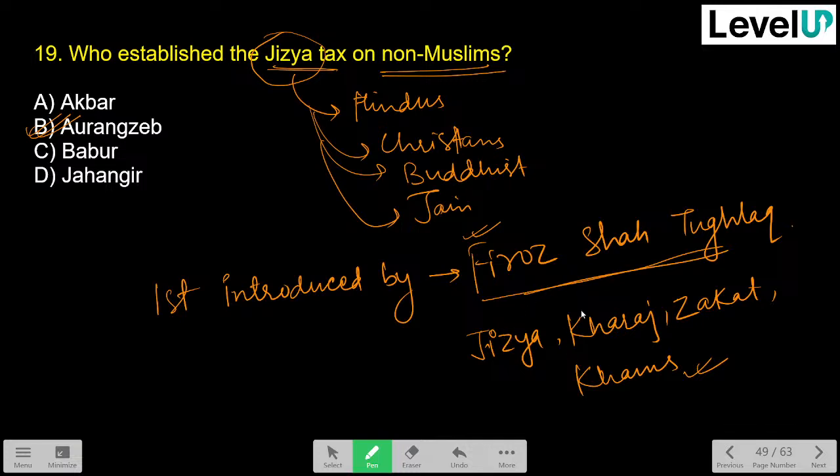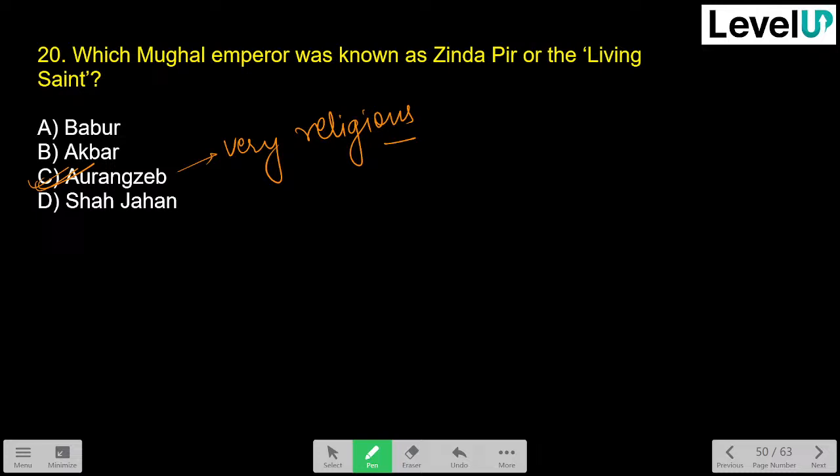Okay, so these four types of taxes were sanctioned by the Quran. So he actually did this as per the Quran. Okay, next. So that is written in the book. So what I am telling you, it's not my personal views, right? Islam, right? During the period of Aurangzeb, a very